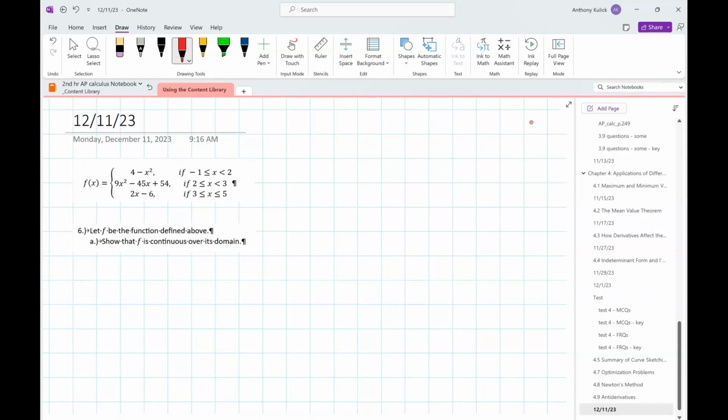So we can say that it's continuous from -1 to 2, where 2 is not included, 2 to 3, neither included, and then 3 to 5. 3 is not included because,